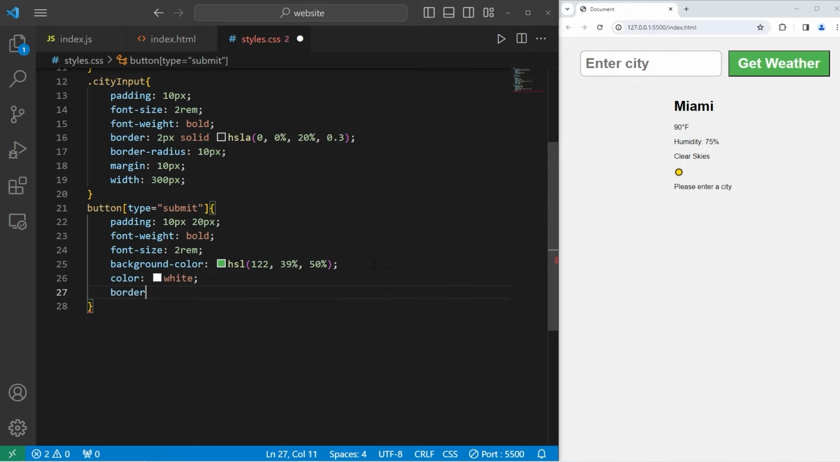Remove the border, border none. And border radius 5 pixels to round the corners. Then when we hover our cursor over the button, I would like it to be a pointer. And that does work. When we hover our cursor over the button, we'll use the hover pseudo class to change